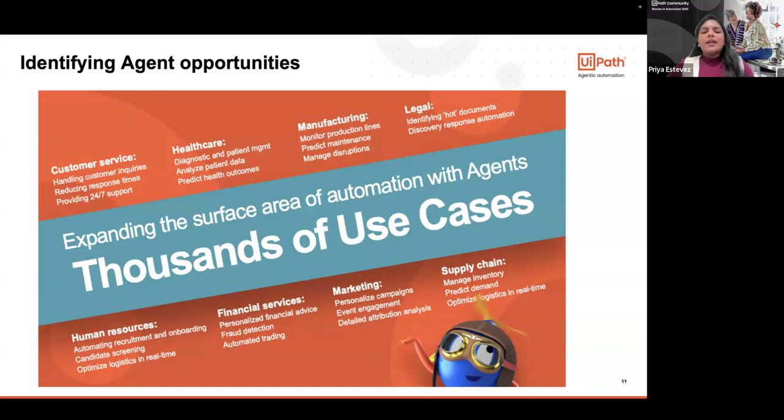And speaking of financial services, giving financial advice or even fraud detection is a very important skill in today's world, because there is so much going on with cyber attacks, especially in the finance industry. It's always helpful to have an agent identify whether you have fraudulent activity or a very reasonable activity, and notifying the humans at the right point in time is very critical. And having automated trading, I know traders use it a lot.